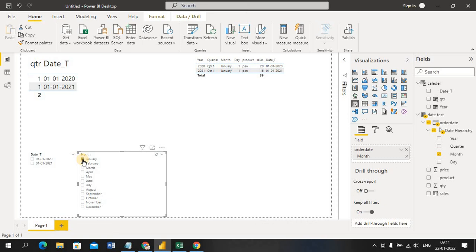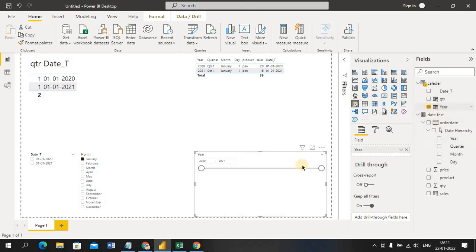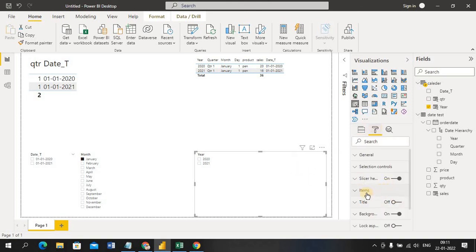And one more thing, guys, one more slicer I'm bringing here. I'm bringing year, and I'm making it a list box. I'll just increase the size of this filter.